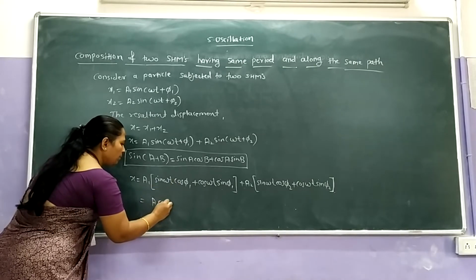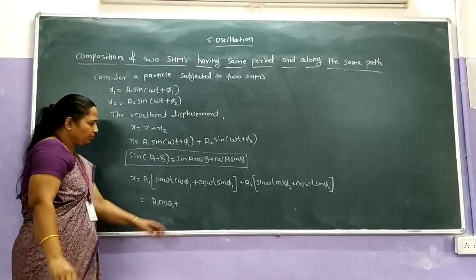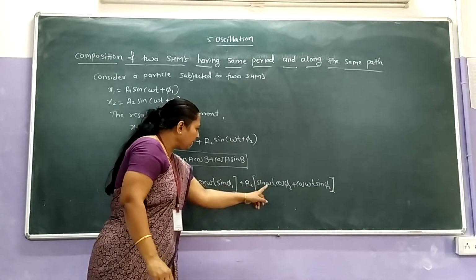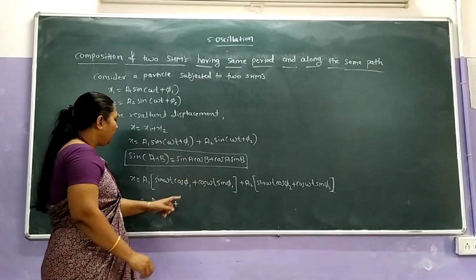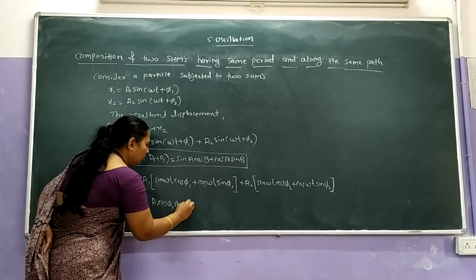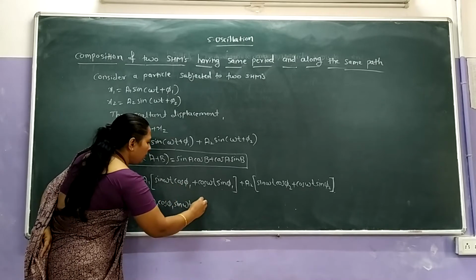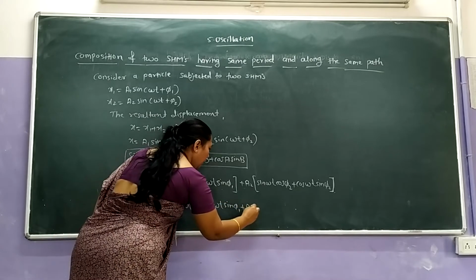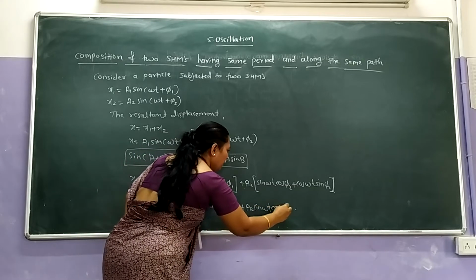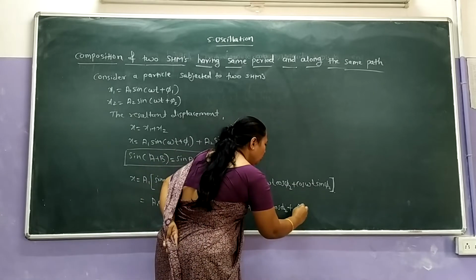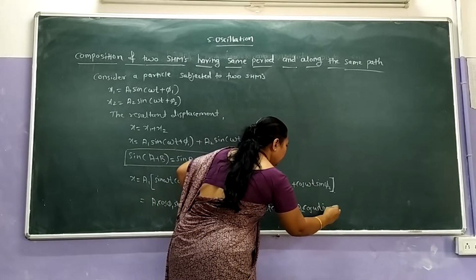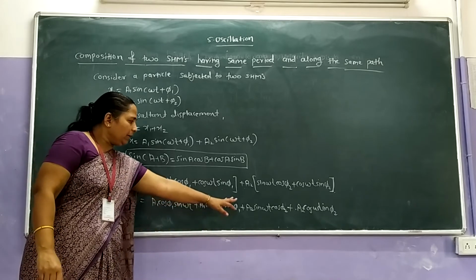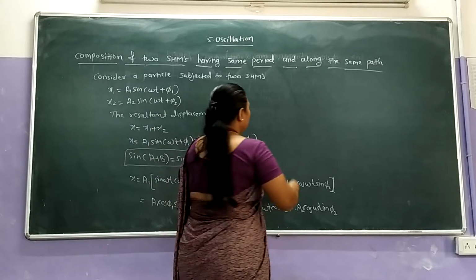a1 cos phi 1 plus a2 cos phi 2, the sin omega t terms should be collected: a1 sin omega t cos phi 1, and a1 cos omega t sin phi 1, plus a2 sin omega t cos phi 2 plus a2 cos omega t sin phi 2, where the sin omega t terms are collected and the cos omega t terms are collected. Therefore, we get the equation